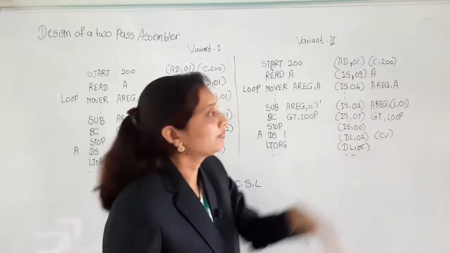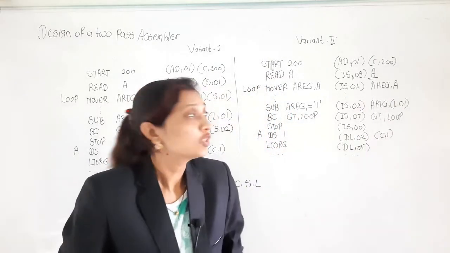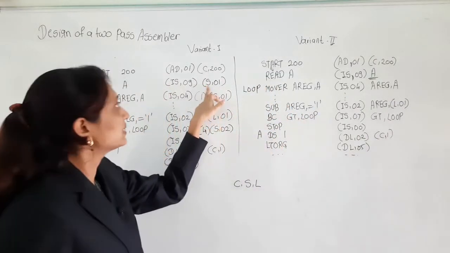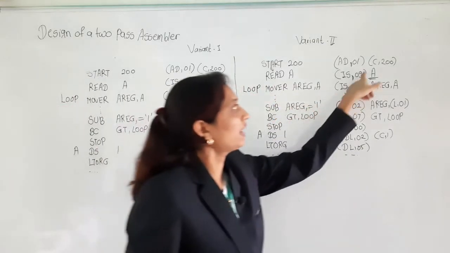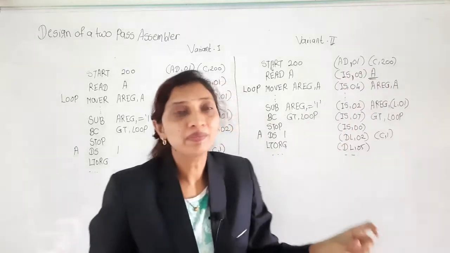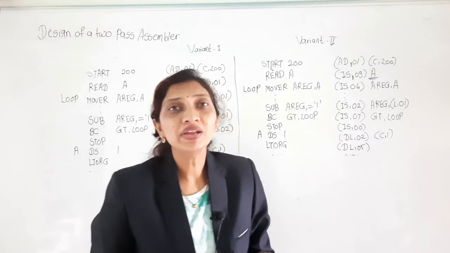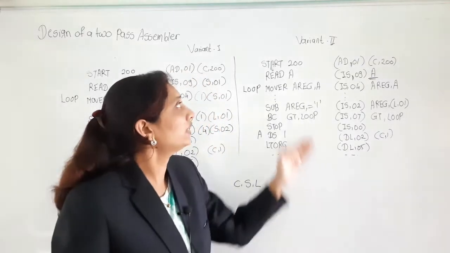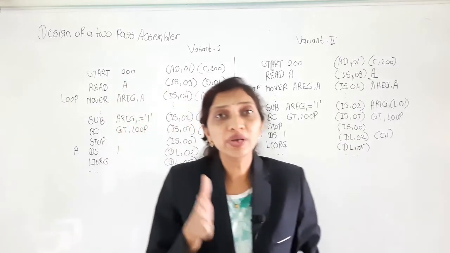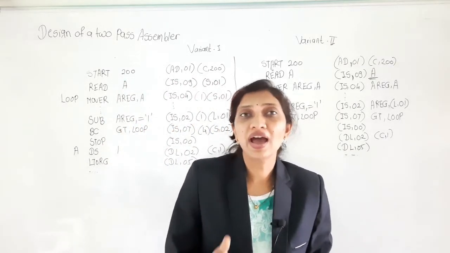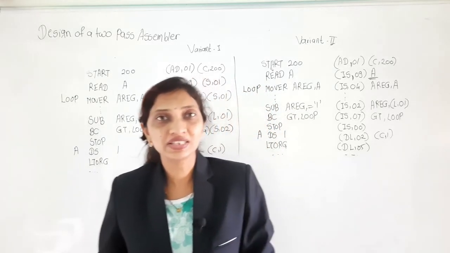But here A is there. A is a symbol. So here which pair is expected? S, 01. But instead of this, simply A is added there. So the source statement is retained as it is here. Means when in variant 2 the statements are processed, it reduces the work in the analysis phase and increases the work in the synthesis phase.